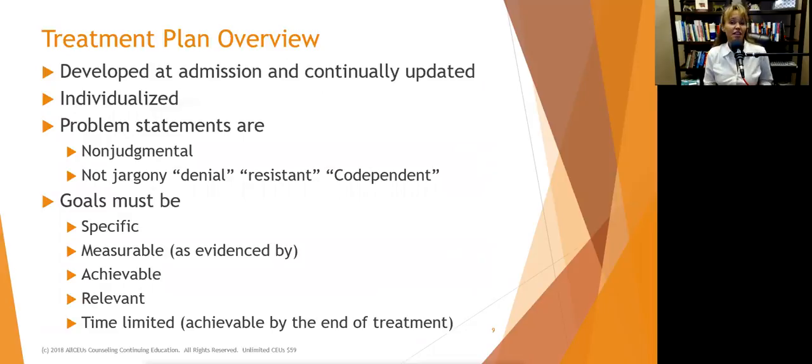Goals must be specific, measurable. So use "as evidenced by." "Client will achieve recovery," that's kind of vague, "as evidenced by being abstinent from substances for a minimum of 30 days by," and I usually put 3 or 4 things in there that we can mark off. They're achievable. We want to make sure the client can do it in the time frame that we've got. Some goals are going to be achievable 2 years down the road, but that's not appropriate for this treatment plan. If your treatment plan is 30 days, then you've got to put things that can be achieved in 30 days.